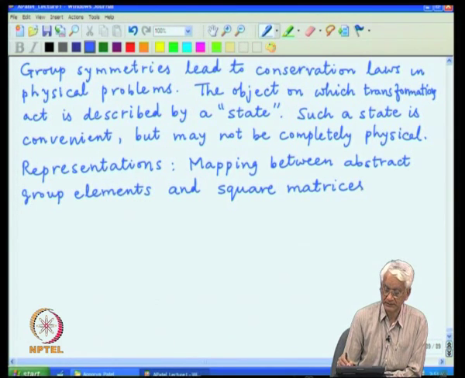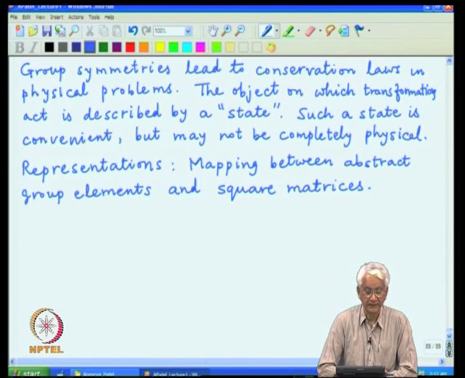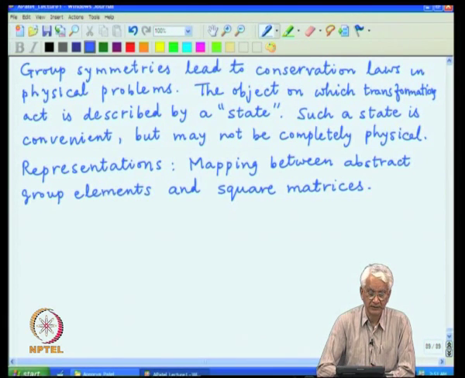In particular, the matrices have to be square matrices, and if one can find for every element a particular matrix, so that the matrix multiplication and the group composition rules obey the same structure,